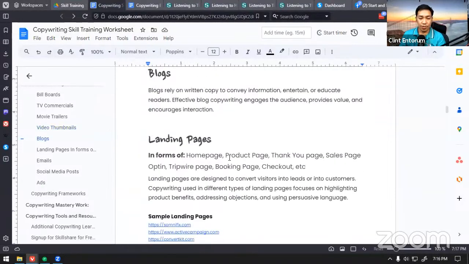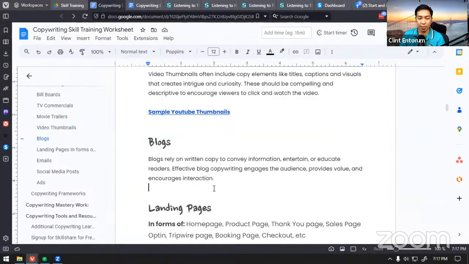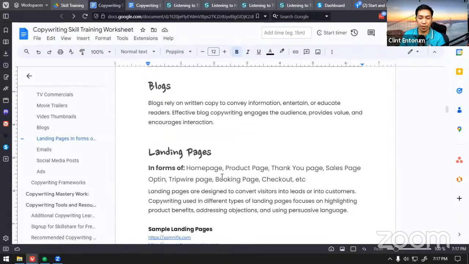Blogs. You could also see copywriting in blogs. And by the way, there is what we call content writing and copywriting, but in marketing, they could be combined. They're called content copywriting. So blog content is more likely to have promotion in it. That's what we call content copywriting. There is also blog content that is more about building relationships. So it's still part of marketing, but more about building relationships rather than constantly promoting products.